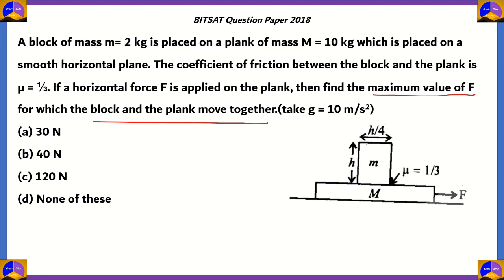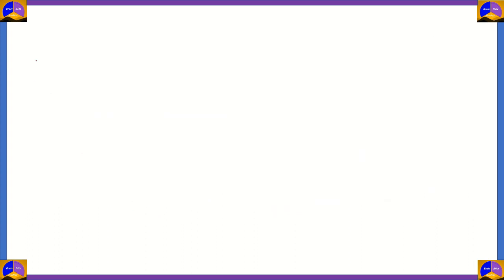Now, for the block and the plank to move together, the relative motion between the block and the plank must be 0. So this means that no slipping takes place while the plank is pulled. In order for no slipping to take place, both blocks have to move together, and their acceleration will also be the same. Now, how do you ensure that no slipping takes place? For no slipping